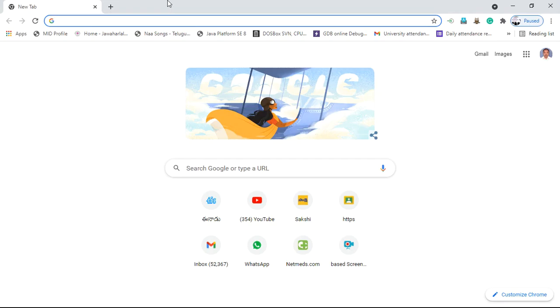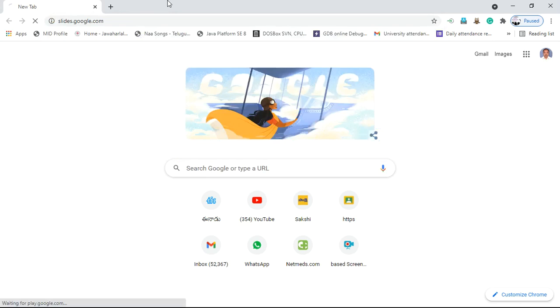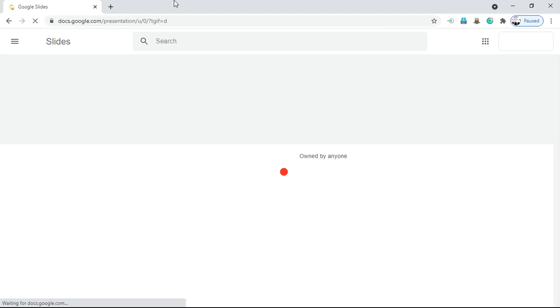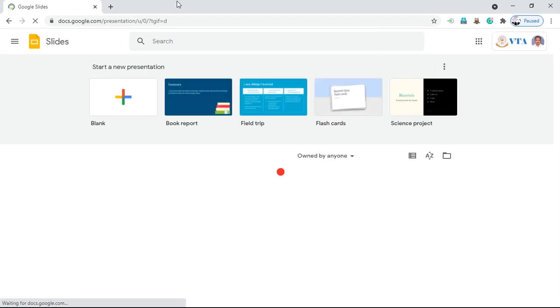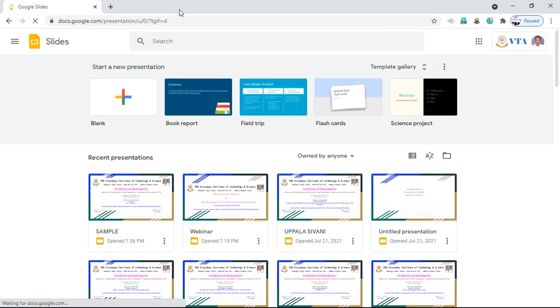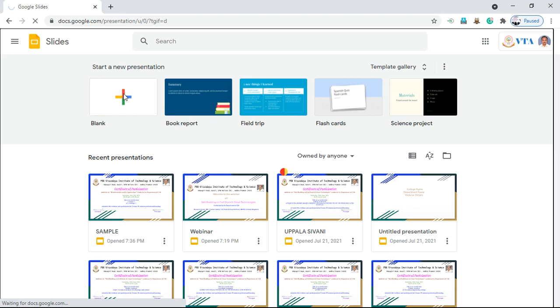Just type in the address bar slides.google.com. Now it is going to open the Google Slides. So here you can either select a blank slide or you can import already existing slide also, which is having the certificate design. For example, if you want to design a certificate, then you have to select a blank slide,